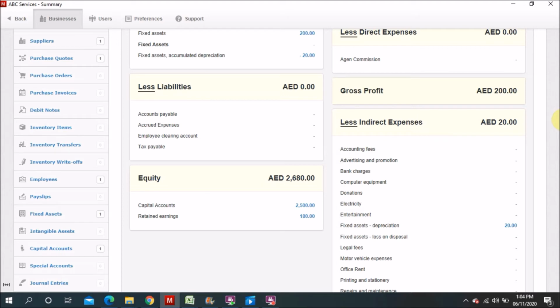But this will help you. For example, purchase order will help you at the end of the month. You can analyze how many purchase orders were converted into purchase invoices. If some purchase order is not yet converted, what is the reason? Either it's cancelled, or you didn't receive the invoice, and why you didn't receive the invoice. So you need to keep track of these things. That's why it's also very important.